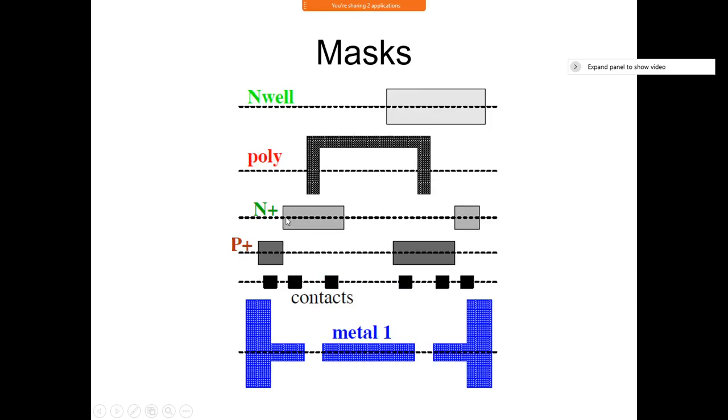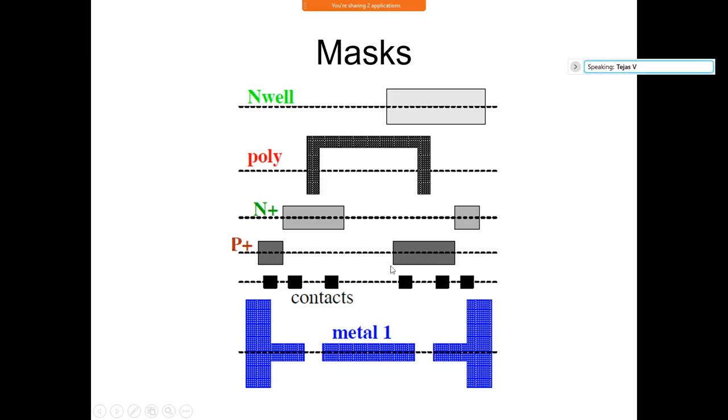Can you see this is a single N plus mask over here, and then here it is. This N plus mask is for what? Source and drain of NMOS. How about this? N plus in N-well is for the bulk connection, bulk of PMOS. This P plus is the bulk of the NMOS transistor. This is source and drain of